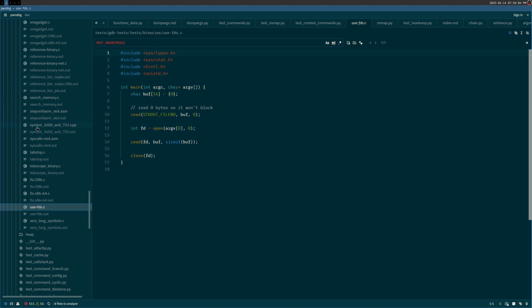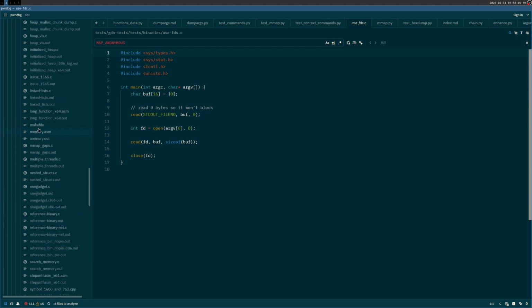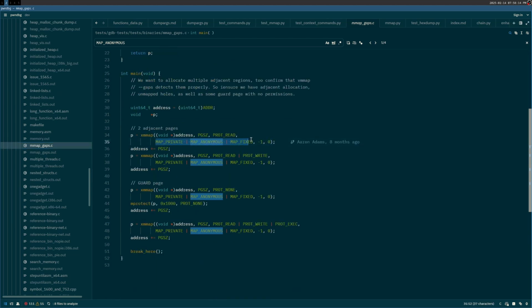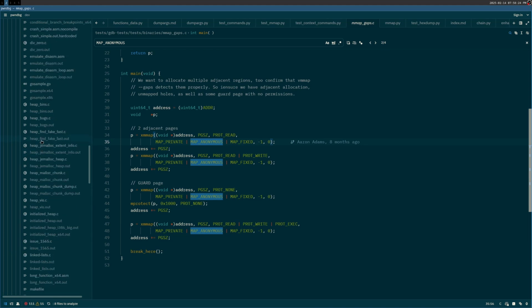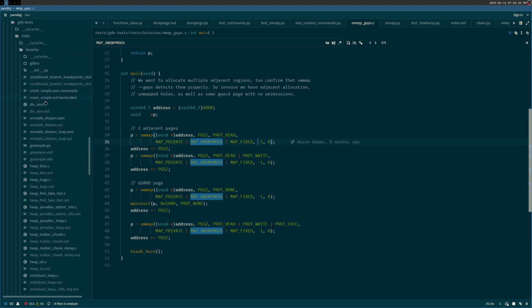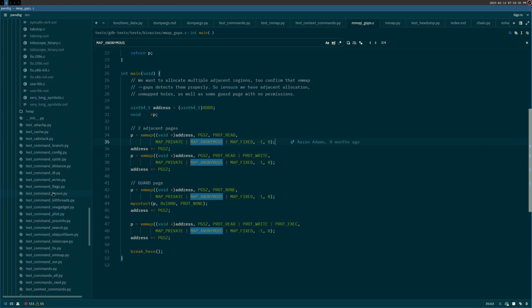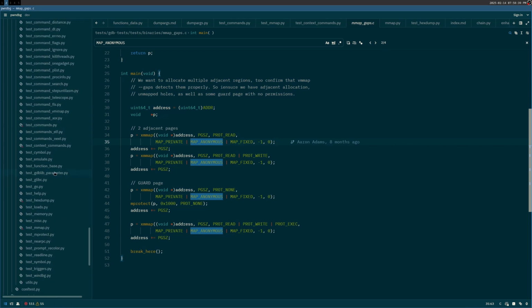So what we should be able to do is we can either add a new binary. Oh, mmap gaps. Mmap gaps. Yeah, this might be this at least has yeah. Okay. Test command,